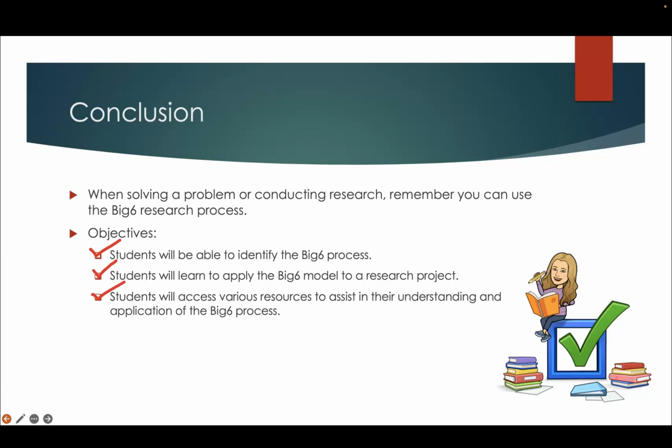You will be learning how to apply the Big 6 model to a research project, and there was information about applying the information in the handout. And you now have access to various resources to assist you in understanding the application of the Big 6 process. So those videos that are about how to identify good sources, how to develop a research